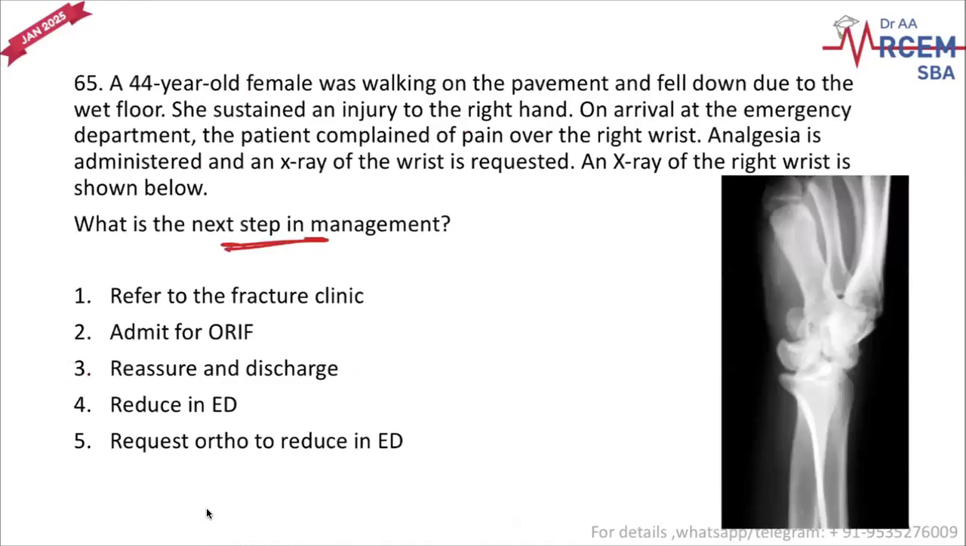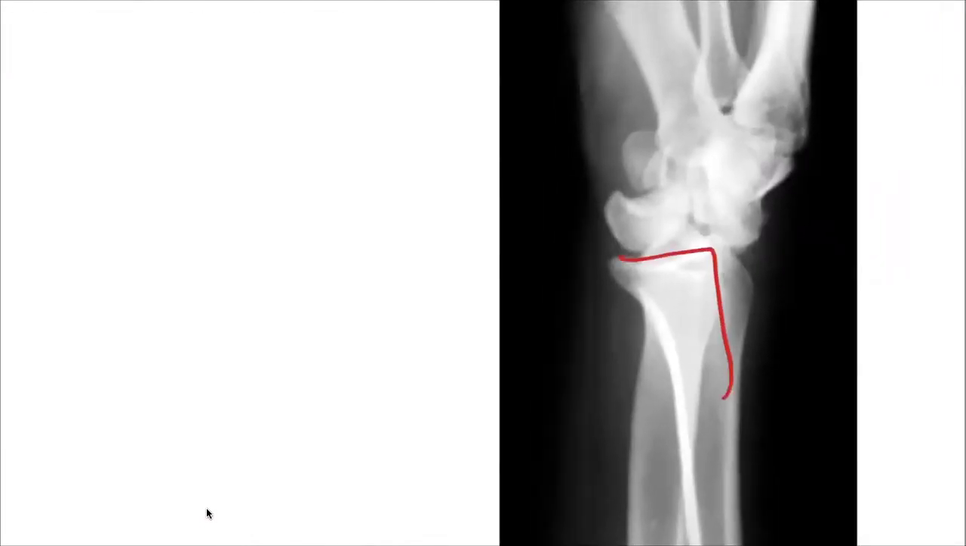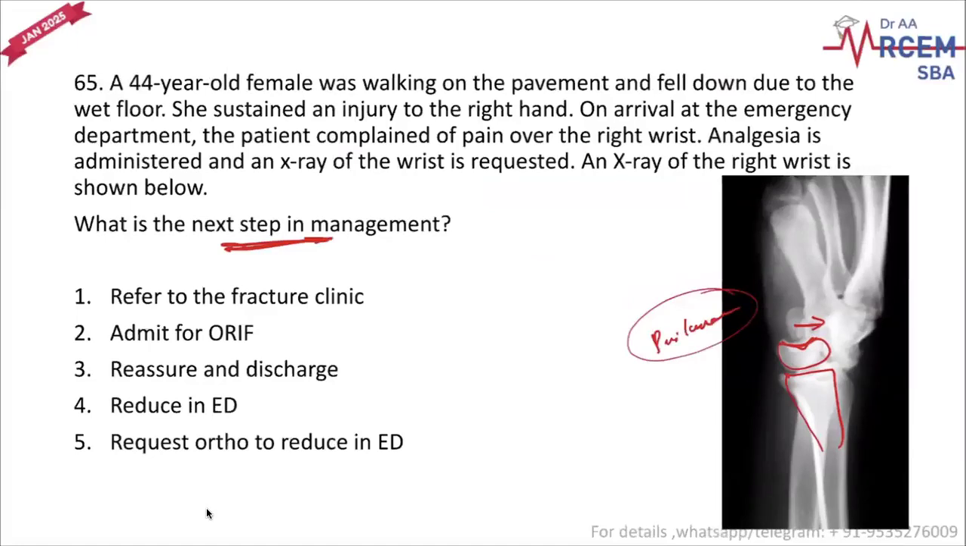What is the next best step they are asking here? First, let us see what is the diagnosis. There is the radius, lunate, but lunate cavity is empty. So all the carpal bones are pushed backwards towards the dorsal surface. This is perilunate dislocation. What we do for perilunate dislocation, we ask the orthopedic doctors to come to the emergency